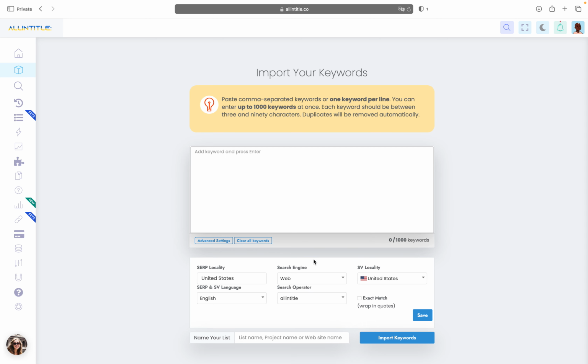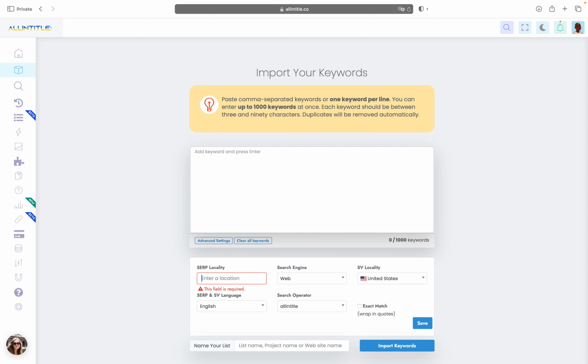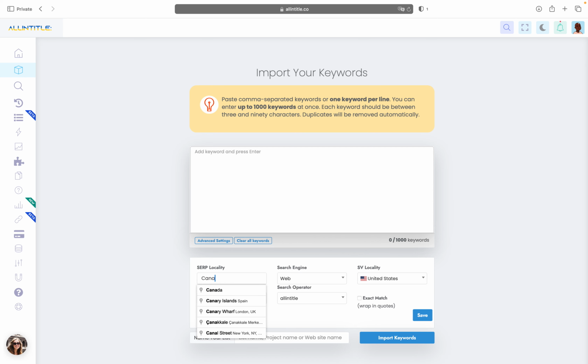So just a quick tip that yes, search volume changes based on the locality, the location that you set for it, and also allintitle result changes based on the location that you set for your SERP pages. So here you can set any location, any city, any country, any zip code, and